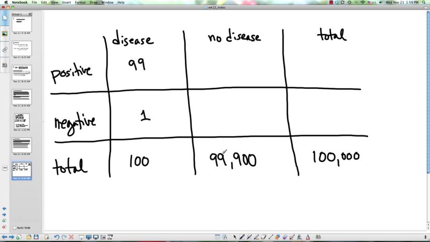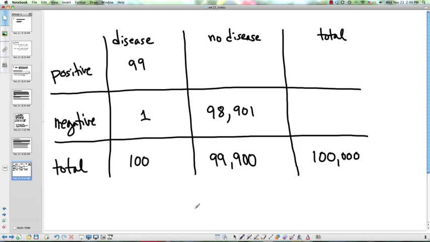99% of the time, it'll show up negative, right? So what I need to do is figure out what's 99% of this huge population. There's 99,900 people with no disease, and 99% of them are going to come out negative. The problem is that's going to be a big number, right? It's 0.99 times 99,900, and I get 98,000 people. That's 99%,